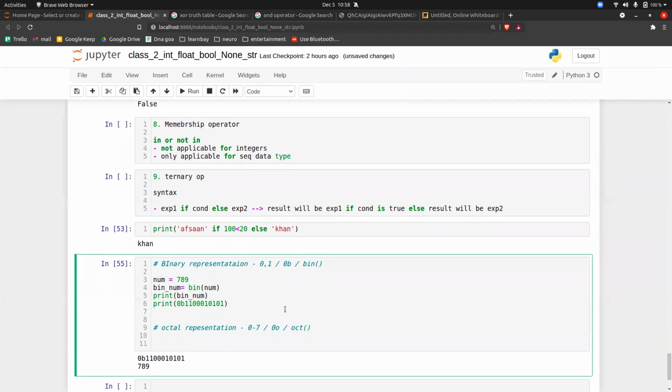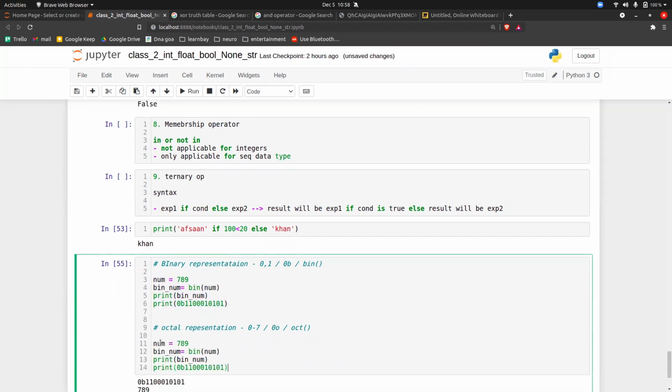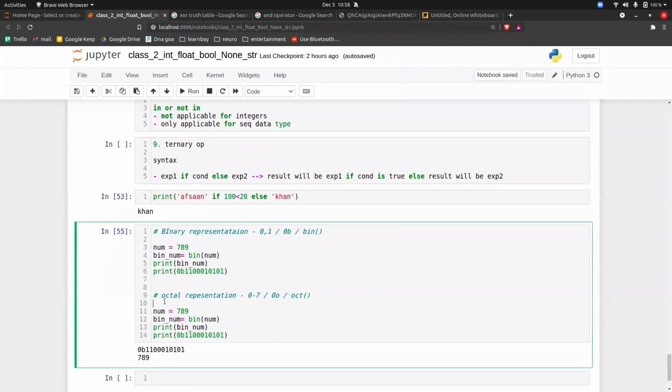So let's say you have a number again. I will take the same number, copy and paste. And I will just do a separation here, print like this. So you have a number, then oct number is nothing but you have to write oct. Okay, and then here also you will write oct.